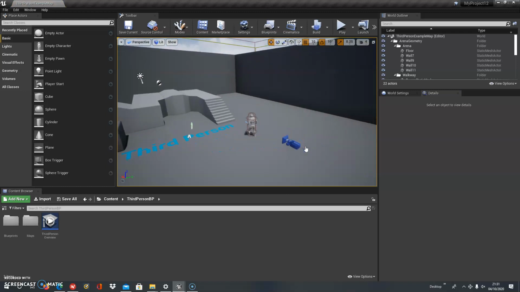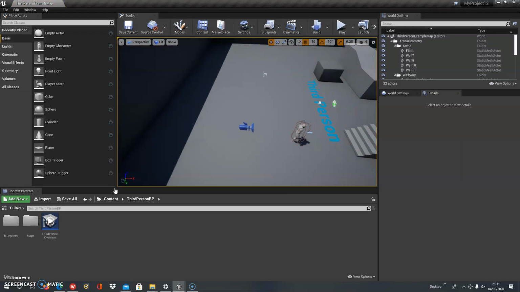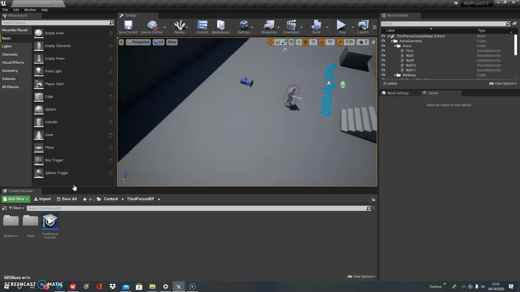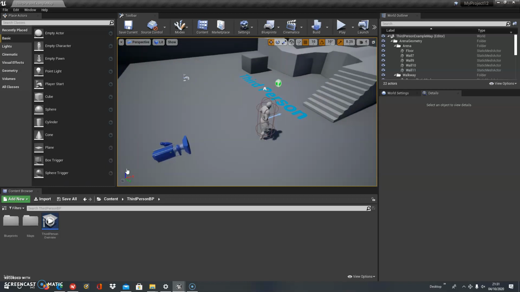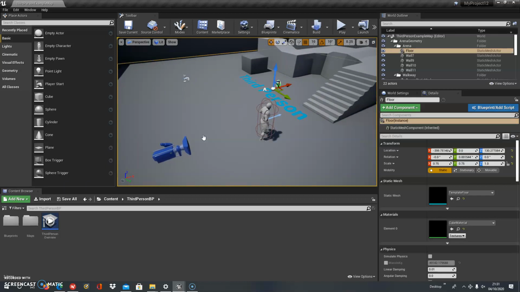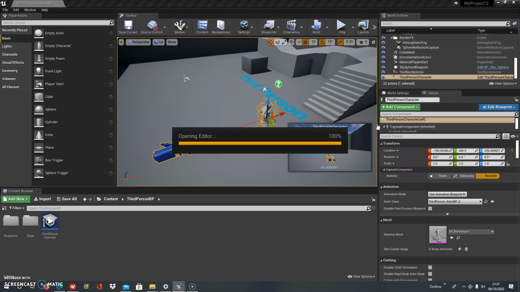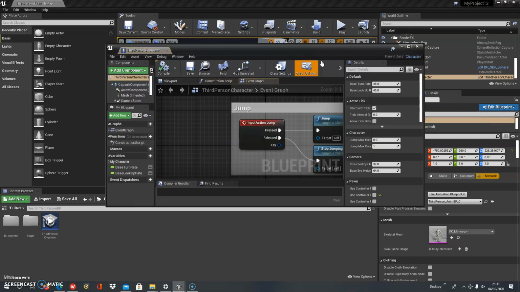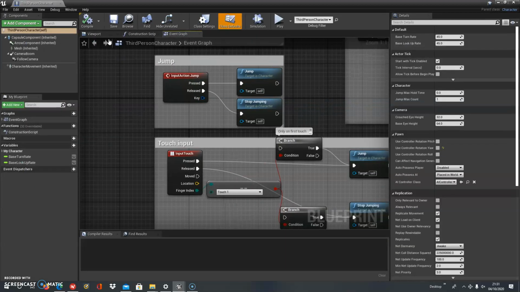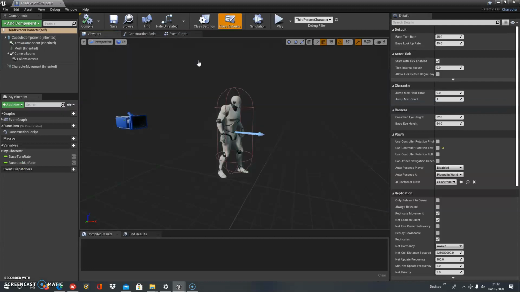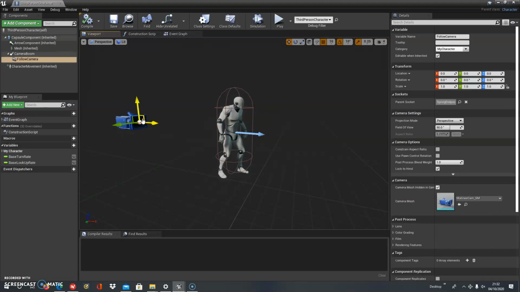Also, it's not the saved one, but look here. So this is the third person, if you remember from the first video, is what we did, the third person camera here. But what is really interesting is that you can edit Blueprint and open the Blueprint editor. And what is really interesting is that if you remember it, if you press E, you can actually